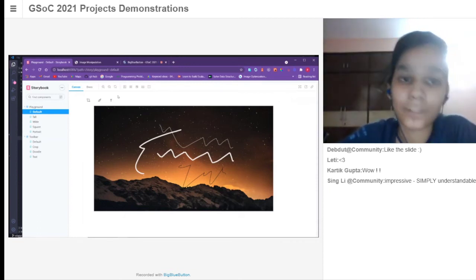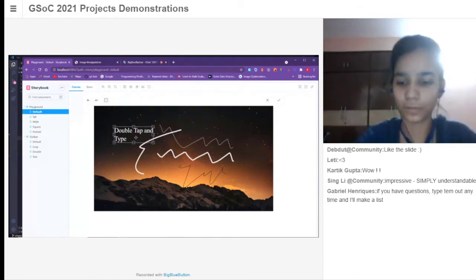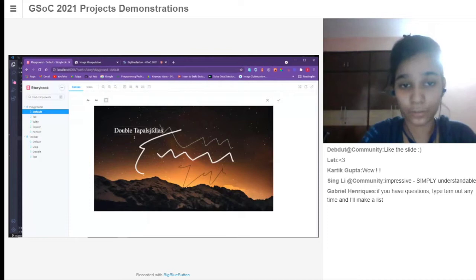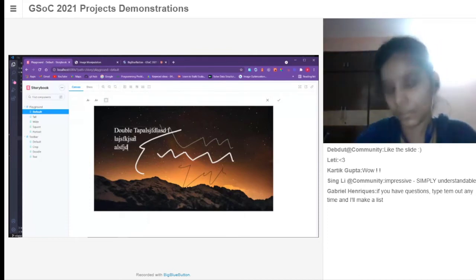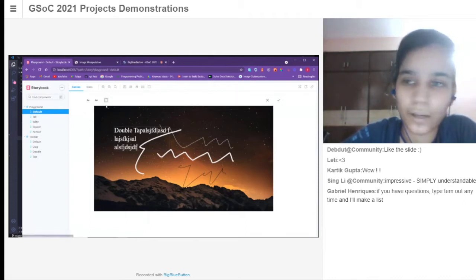Then we also have the text functionality. By clicking on the text icon, we will get a box which will say double tap and type here. Right now, this is a little dark, so to improve the visibility, let's change this color. Then when we double tap and type over it, we can type anything. It is a multi-line text functionality, first of all, so we can type many lines.